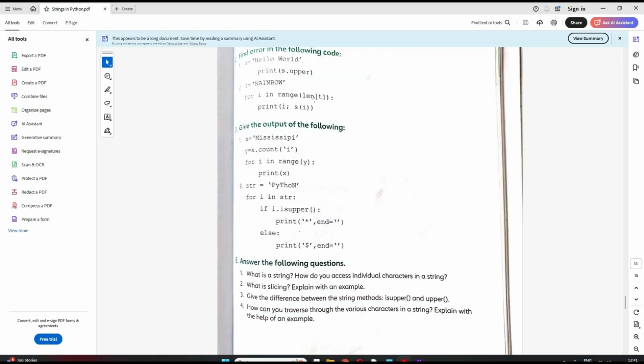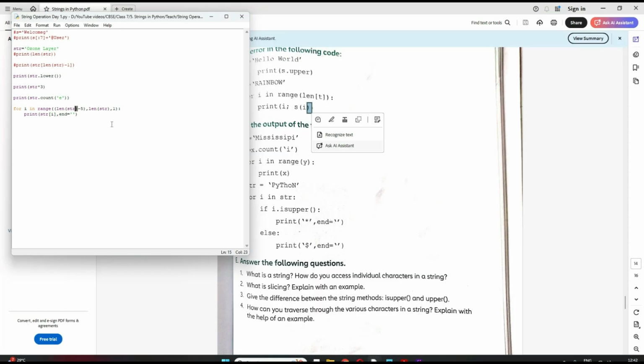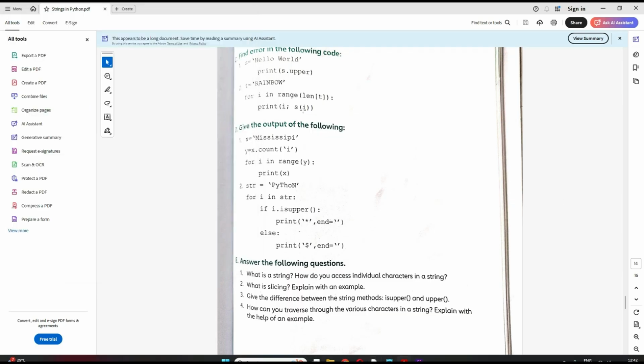Now in this print statement, what is incorrect? Tell me. First, this semicolon shouldn't be here. There should be a comma. And second, see, we are printing the ith index for the S string, right? So here this bracket is wrong first of all, because for index we have to use the third bracket. For any index that I am using, see, always the third bracket is being used for index. So this bracket is incorrect.